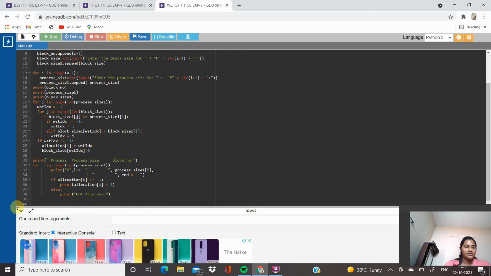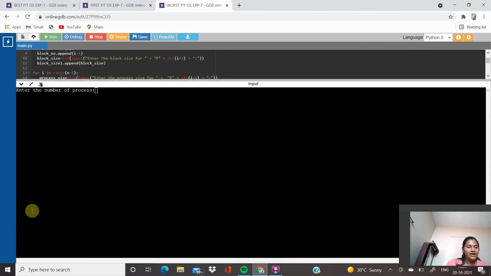So now let me run this. Enter the number of process. I'm giving this 3. Then enter the block size of P1. I'm giving as 200. Then enter the block size of P2. I'm giving as 700.